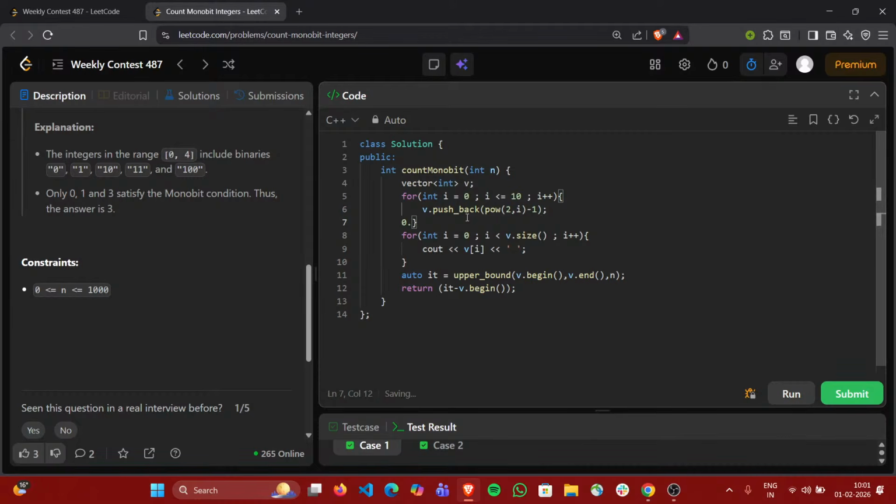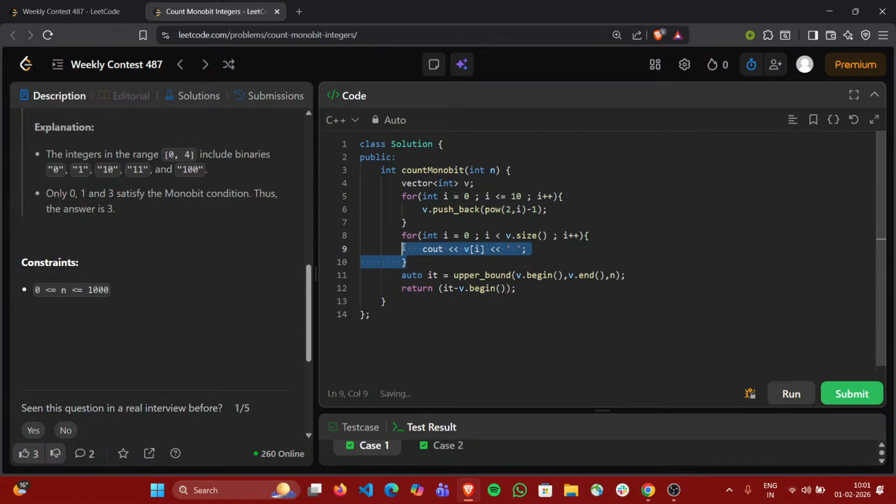Just a second. Right, 2 to the power i minus 1. You can push back into the array,